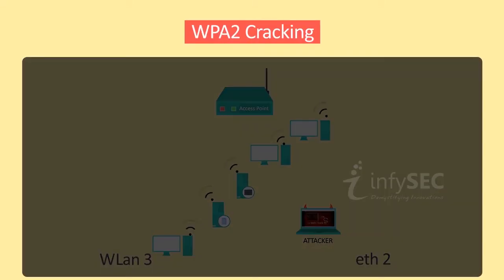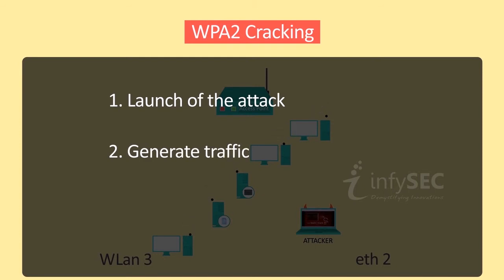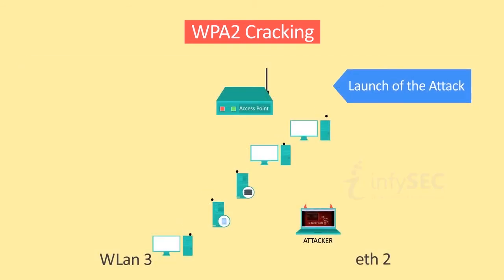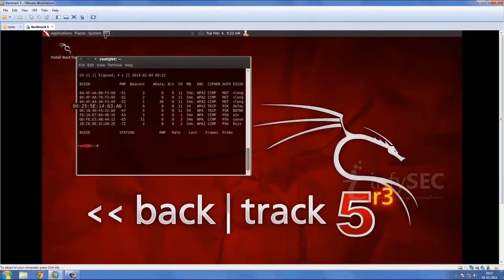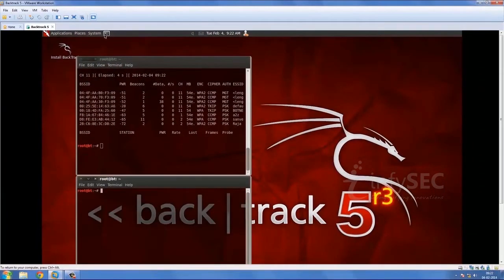WPA2 cracking. This can be done in 3 steps. 1. Launch of the attack. 2. Generate traffic. And 3. Cracking the key. 1. Launch of the attack. Once a connection is chosen, using this command,